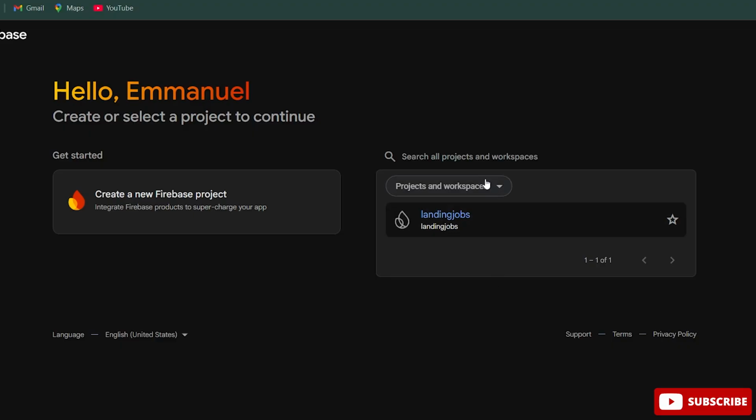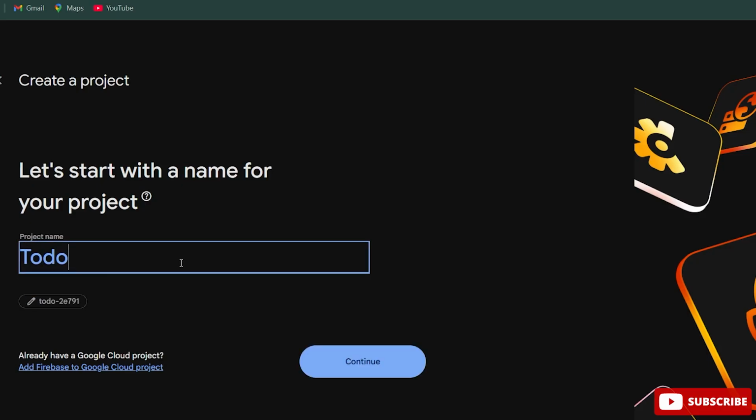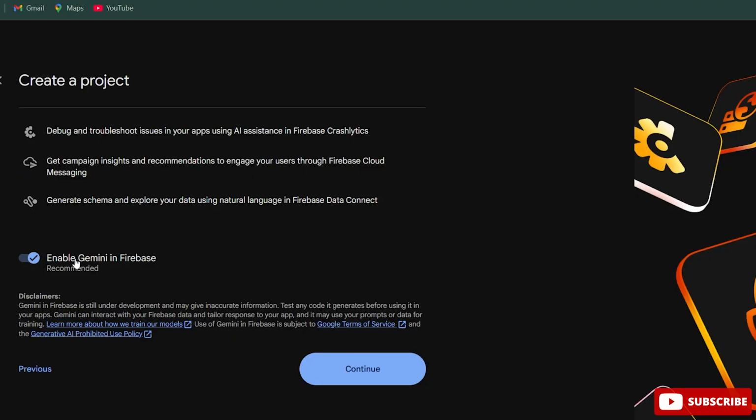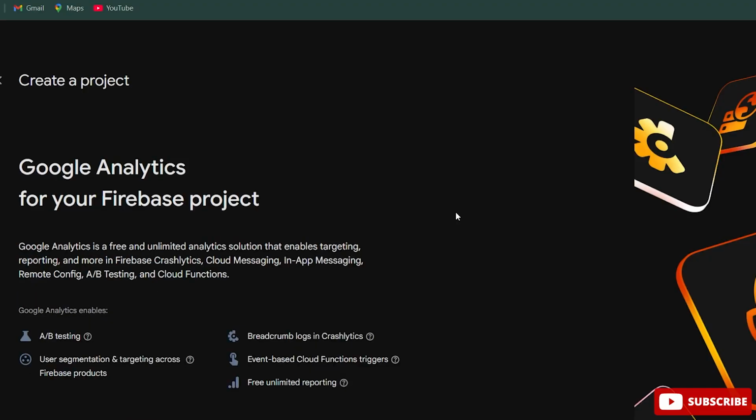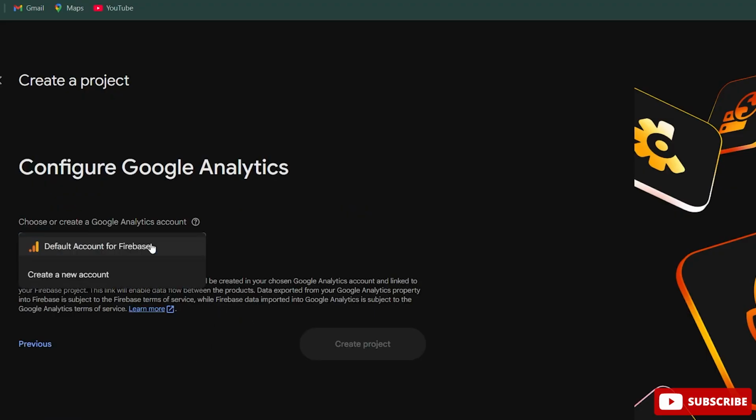Right, so these are my projects. I have another project here, but we are going to create a new project, and I don't really know the name to give it, but it's a Todo App, right? Yeah, so of course Todo App, and let's click on continue. Enable Gemini and Firebase, blah blah blah, and continue. Let's set account. Okay,